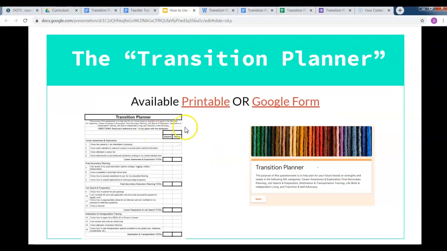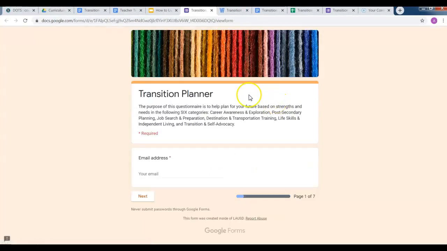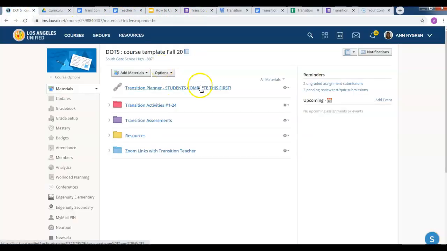So the other format for this Transition Planner would be the Google form. So I'll click on this, and this is what it would look like. So it's like a typical Google form. It should be noted that before you assign this to a student, you would assign it through Schoology, and I'll pull up Schoology here to show you that it is listed here underneath your course, but it's important to not assign this to a student until you have completed the tutorial that's titled something along the lines of how to create a personalized link for the Transition